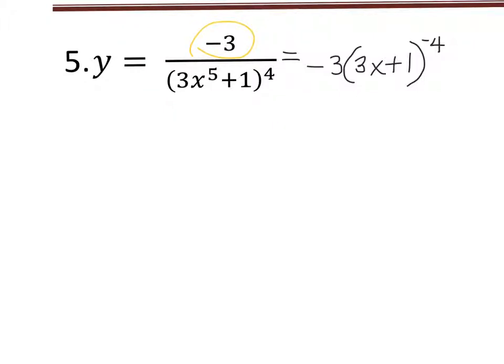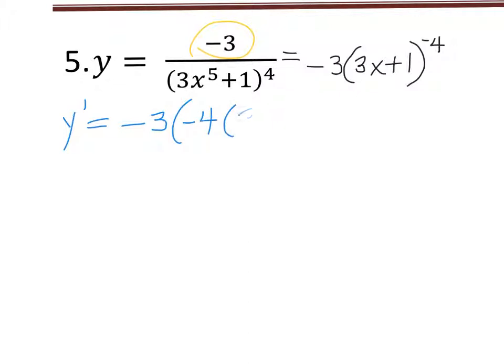And if you start trying to do quotient rule with that, then you have a lot of things that disappear, and you wind up with something that actually looks a lot worse and more complicated than if we have a negative power. So we're going to find y prime by using the regular chain rule. It's not even a product rule. So y prime is going to be equal to, carry along your -3, it's just a coefficient. You're going to bring your power down in front, -4,